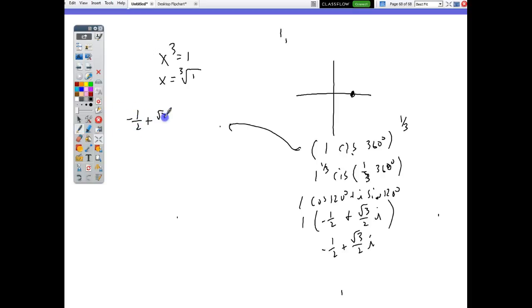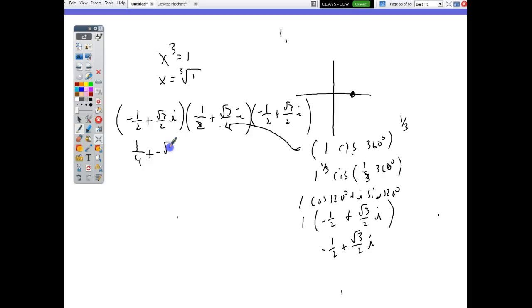Negative 1/2 plus root 3 over 2 i times negative 1/2 plus root 3 over 2 i. What's that one? Negative 1/2 plus root 3 over 2 i. FOIL. Negative 1/2 times negative 1/2 is 1/4. Plus, outers would give me root 3 over 4, negative root 3 over 4. So it's going to be negative 3 over 2, right? Or let's put it as 2 root 3 over 4. Is that okay? Multiply them together. And then,